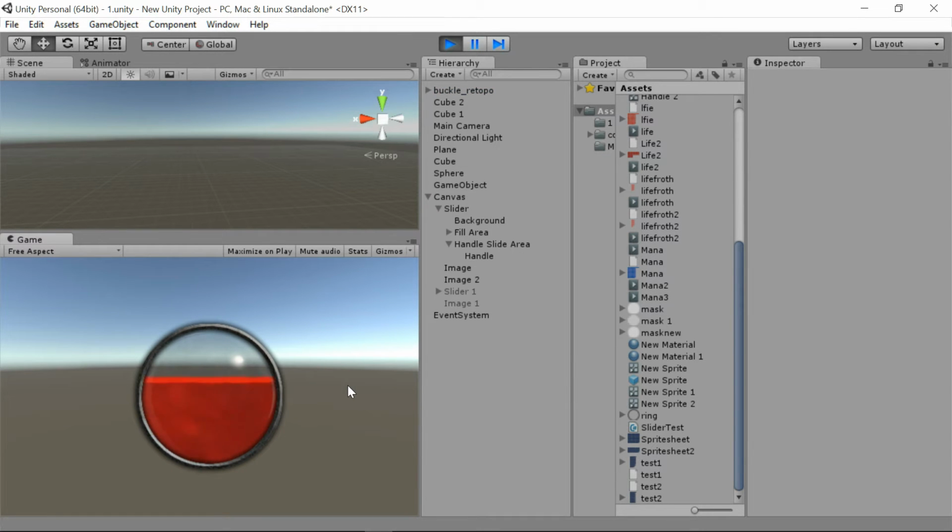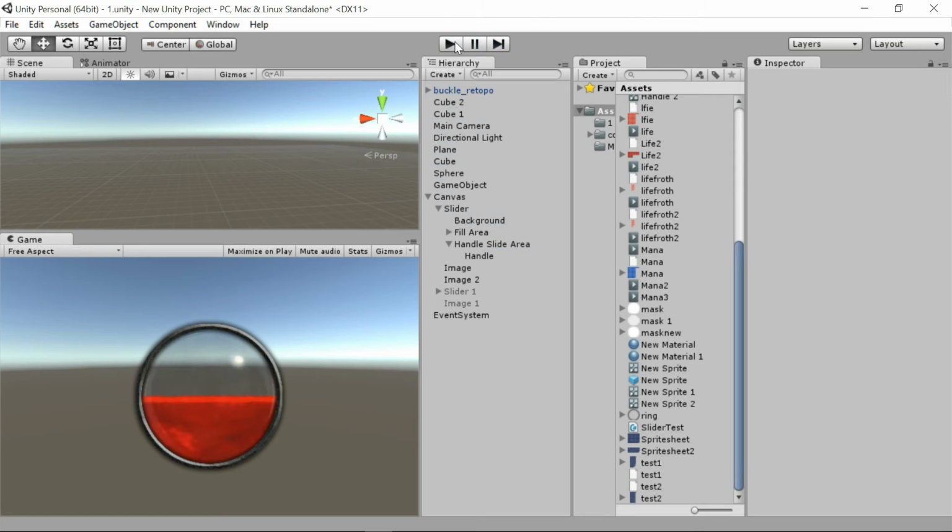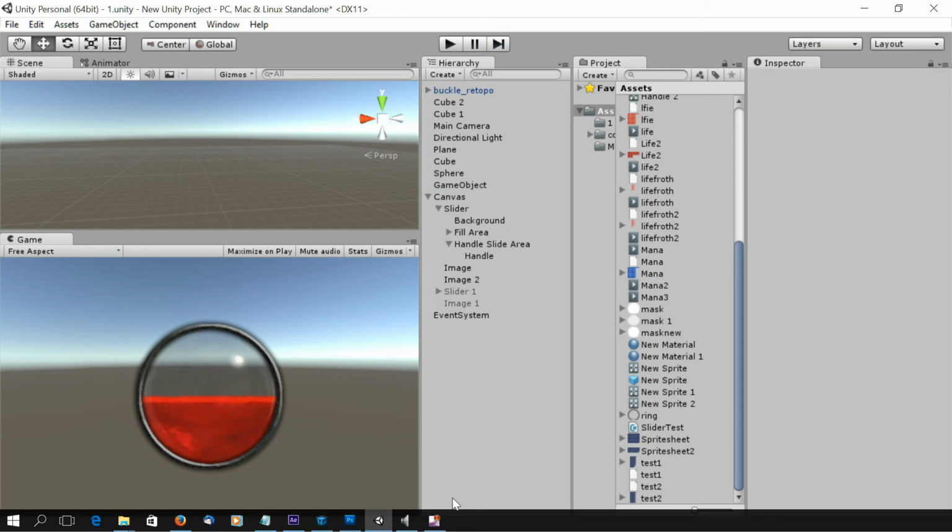So you see I've got a health globe, you can regenerate it there and you get hit. Now this is all being controlled by a very simple script that we'll get into at the end, and is created by a number of different elements. Those elements are, if we look,